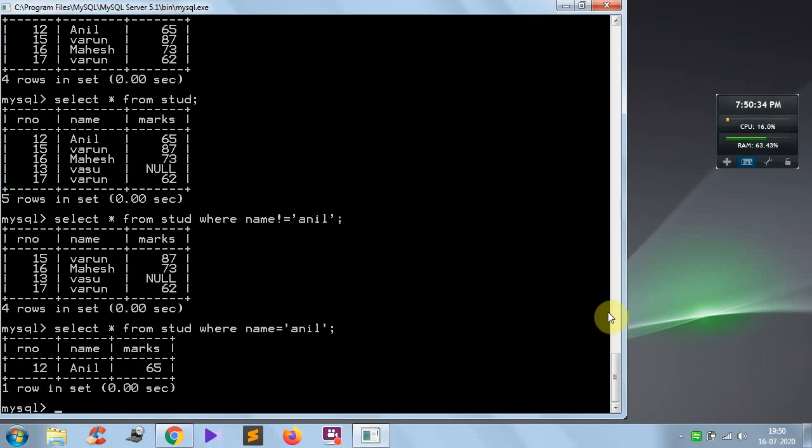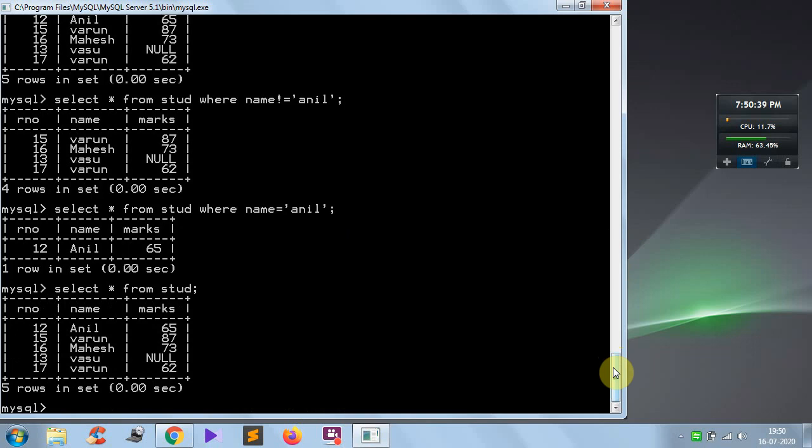Like this, two more special keywords are there that can be used. Those are IN and BETWEEN. Now select roll number from stud where roll number in, instead of roll number in we will write marks in. Till now we are dealing with the marks. So here after marks, earlier we have done marks greater than, less than, marks equal to. Here after that we should not use all those things, just keep the keyword IN and open brackets. Within that write the values.